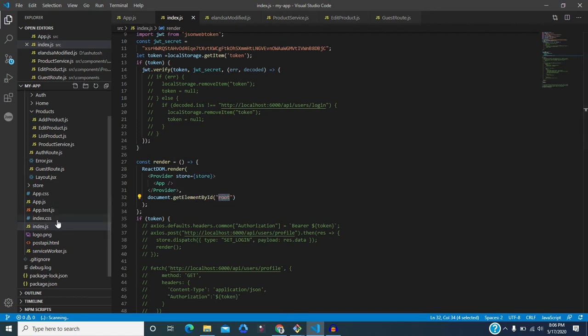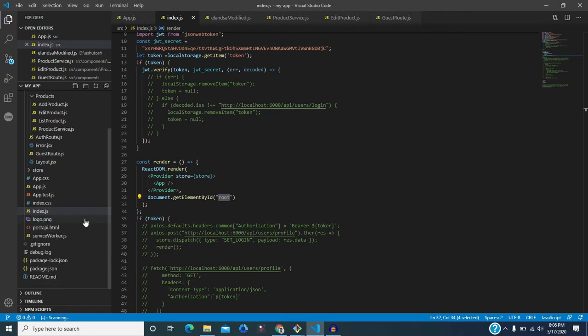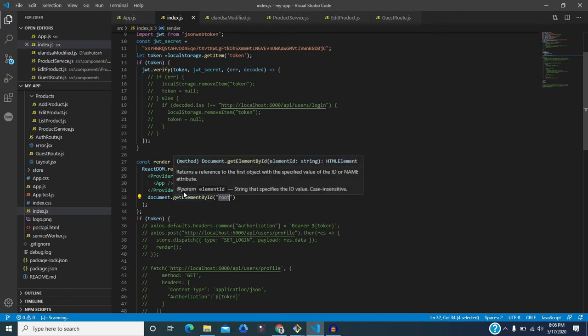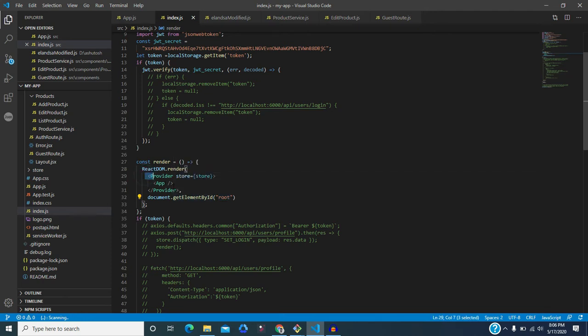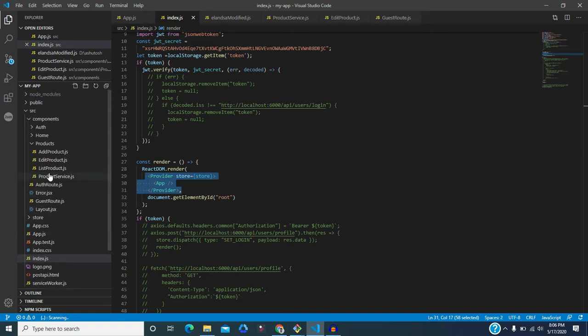If you go to the index.html, you will find the root is the ID, and that will be replaced with your code, basically with your React app. So let's try to find out this